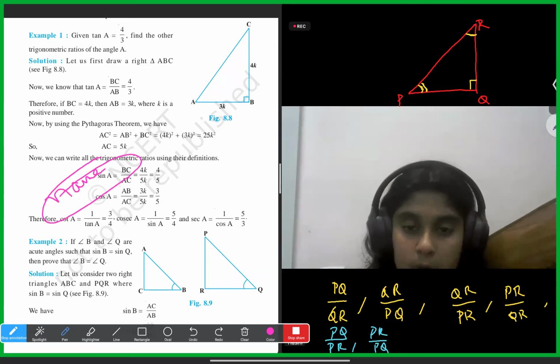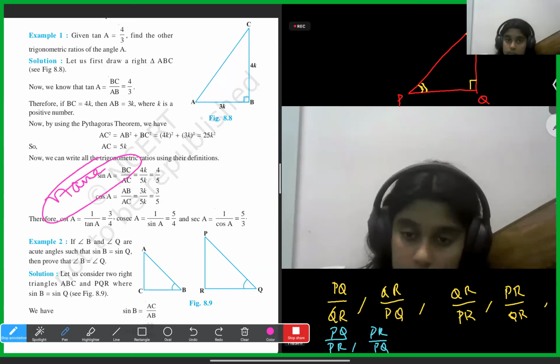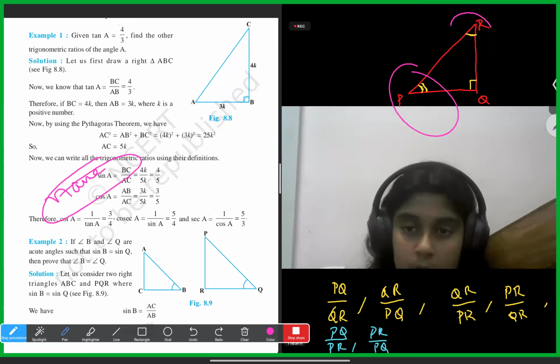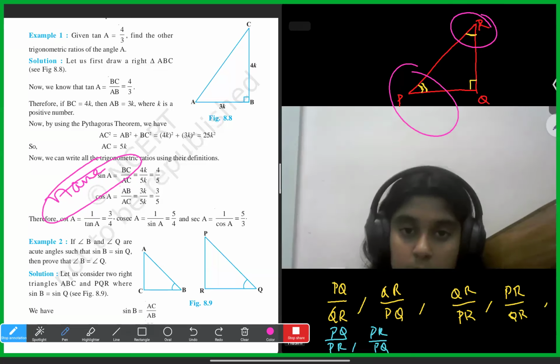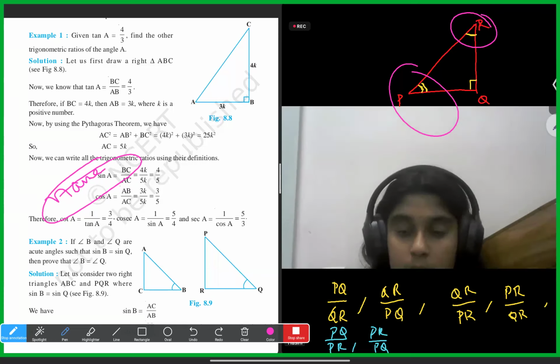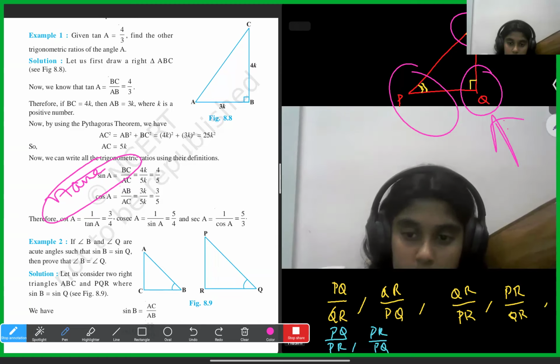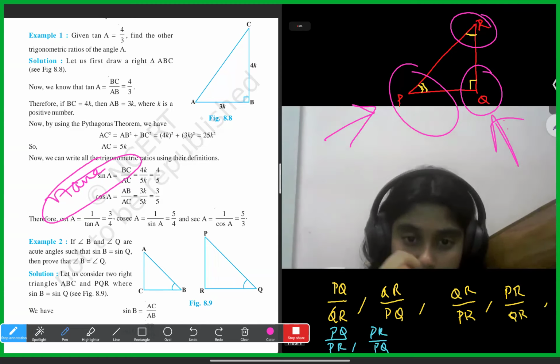These names depend on the angle which you take, Hasni. Because these trigonometric ratios will be written for the angles other than the right angle. Leaving this, suppose I name the vertex Q, except for this vertex Q of this triangle, for the remaining 2 vertices I can write all the 6 trigonometric ratios. Means the meaning of that is sin P, there will be a few trigonometric ratios for us, that is